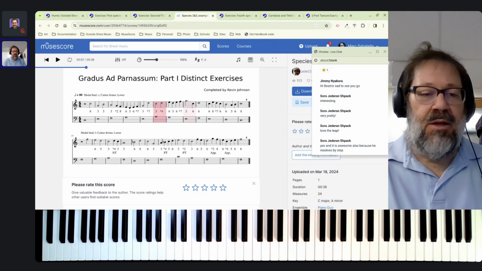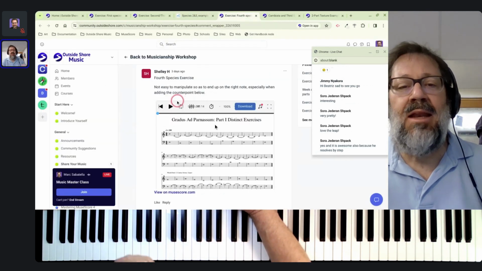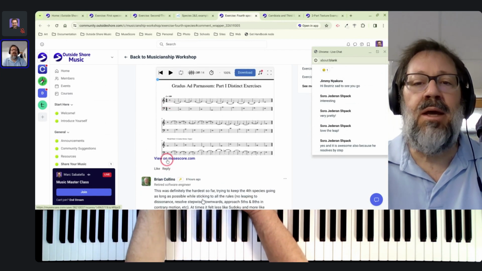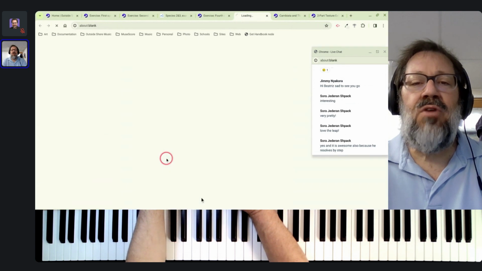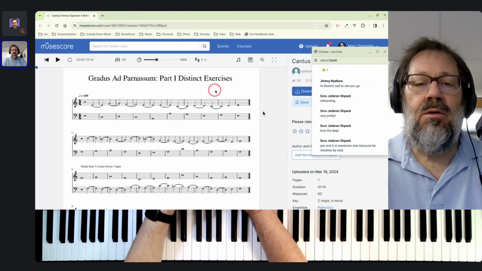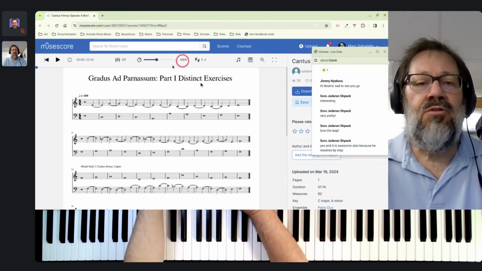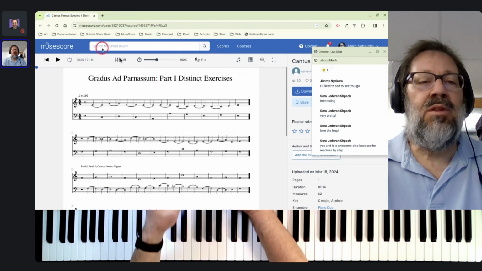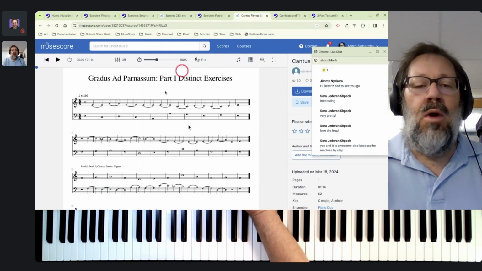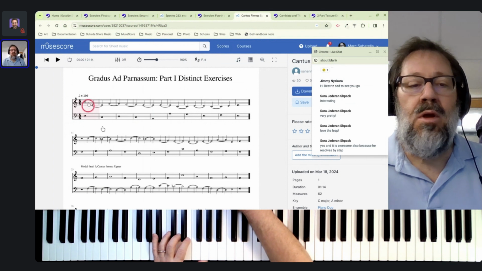It's just good stuff. So I want to skip over to a fourth species one, so we get to look at each of these species in isolation a little bit. And again, I'm going to try to view this full screen. It's still so weird that it's not letting me zoom, but I'm just going to accept that. It's the way it is. Okay. So we have this example, and I'm going to play through it